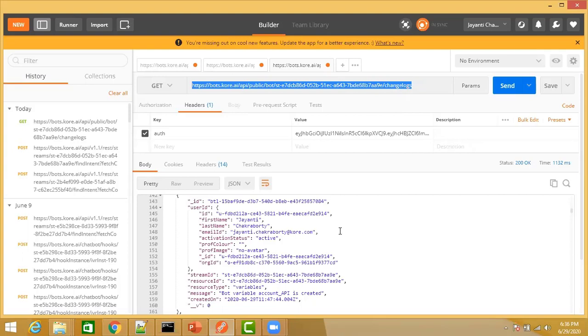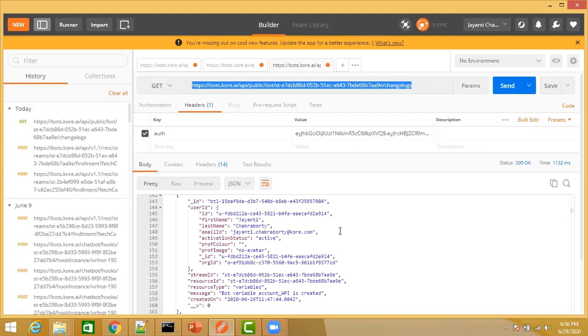Once you create your API scope, you need to publish your bot. After publishing the bot, you need to generate the JWT. You can use any service. If you have some internal service, you can use that. Or you can use jwt.io, where you need to specify the payload as app ID. That is very case sensitive, so it has to be specified exactly in that format. Otherwise, a wrong JWT gets created.